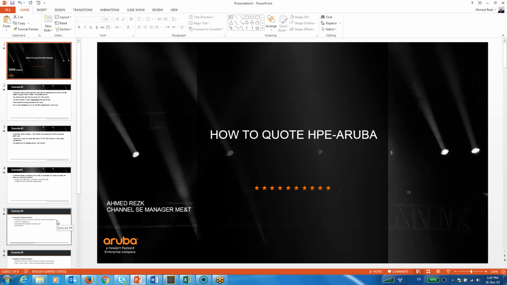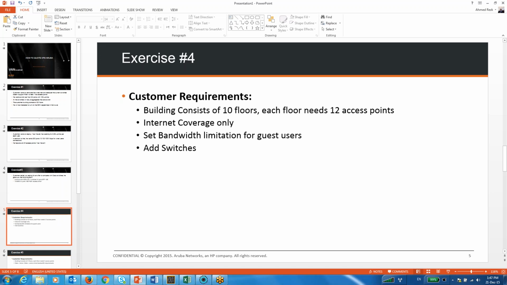I will start first with a simple requirement for Wi-Fi access. If you have a customer who called you and gave you the requirement: I have a building consisting of 10 floors, each floor consists of 12 access points. So the total number of access points would be 10 multiplied by 12, which is 120 access points, and he wants only internet coverage and some bandwidth limitations, which is actually part of our firewalls. We will speak about the switches after that, but let's now see how to code Aruba